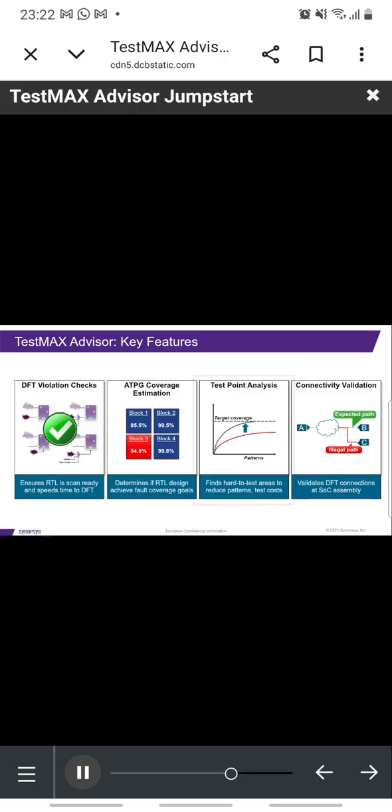In the next section, we will discuss the random resistant fault analysis and test points feature in TestMax Advisor. In this section,